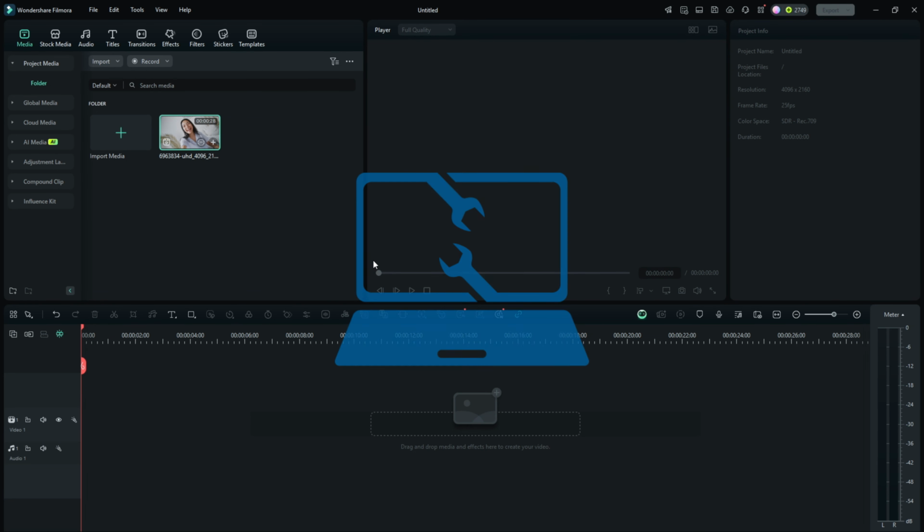In this video, I'll guide you through how you can create pan zoom in and pan zoom out effect in